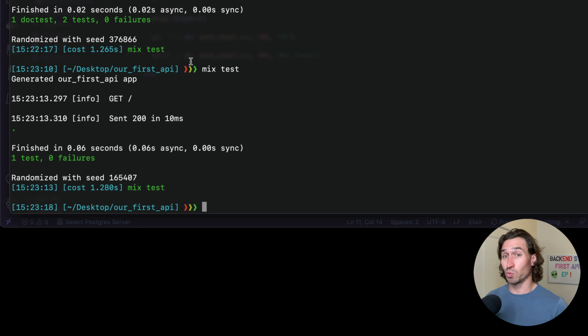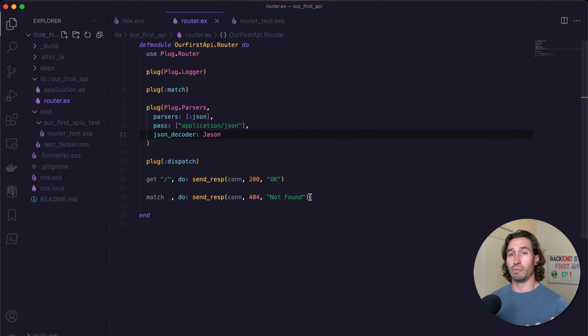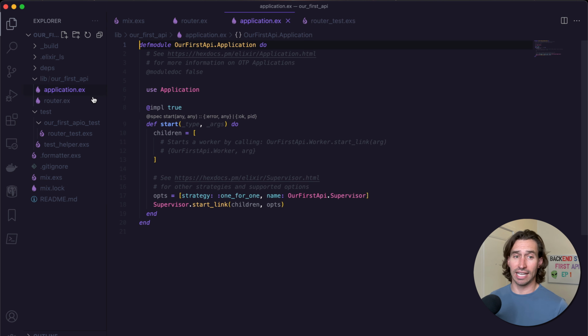So our endpoint is working, but we haven't tested the actual server, the web server yet. So we have to go and set up our web server to run on port 8080. Let's go back to VS Code. And now we have to open up this application.ex file. We have to start up our router to Cowboy and to start an HTTP server to actually handle real requests. So we need to start a